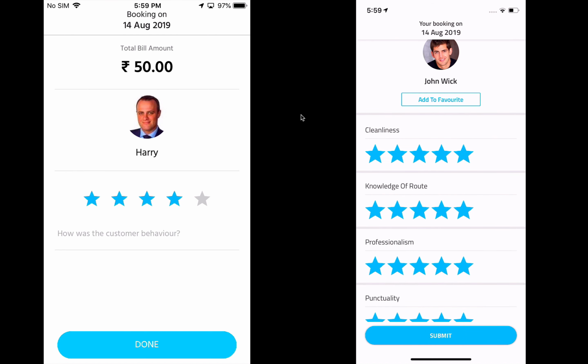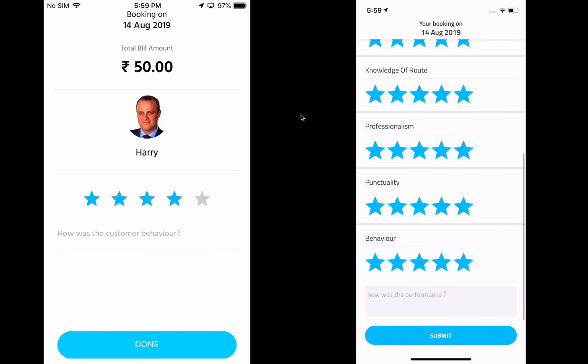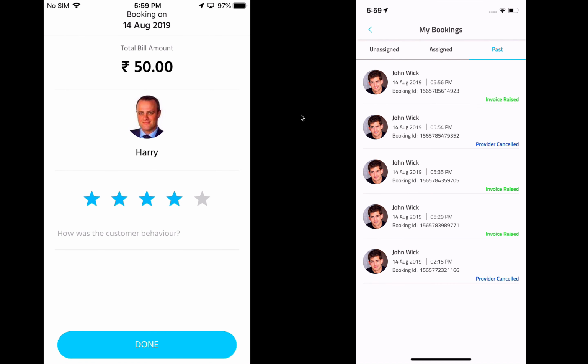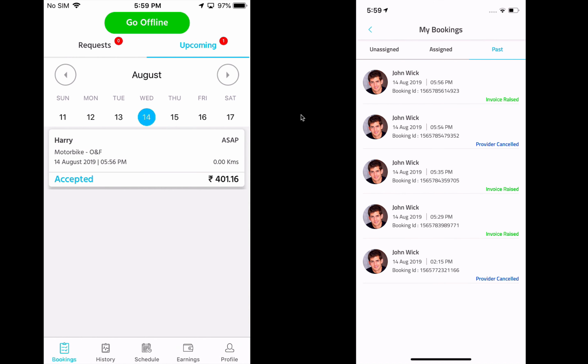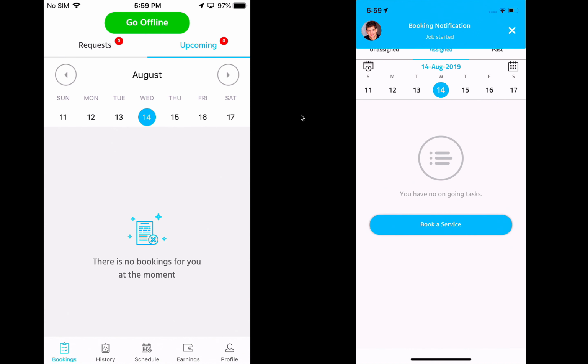The customer can go ahead and rate the provider and add some notes, a review maybe, and confirm that. So once that is done, the booking for the courier type is complete. So this was the courier booking flow for the